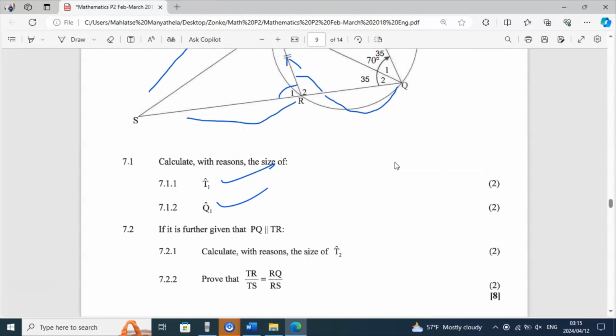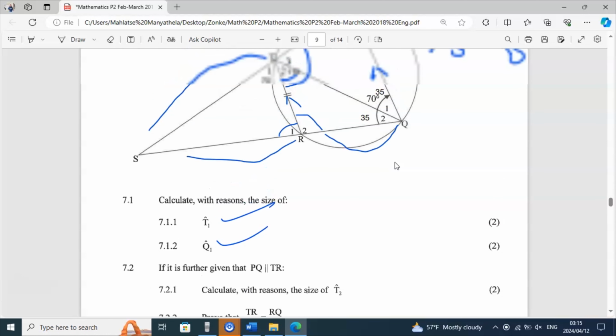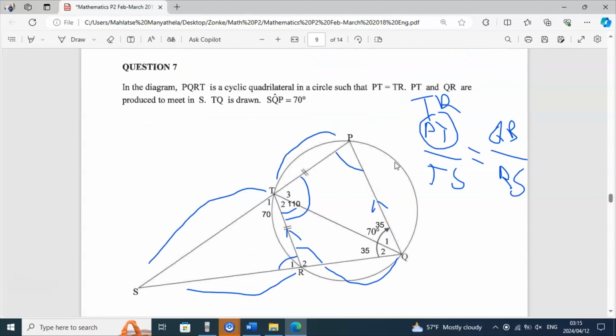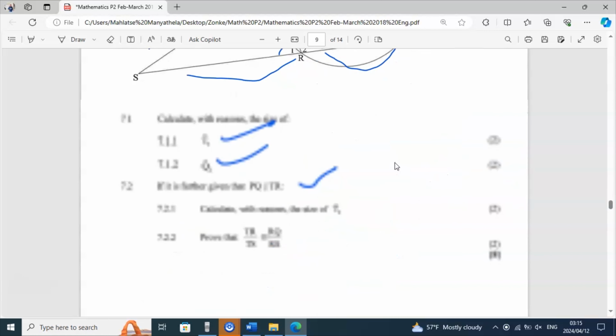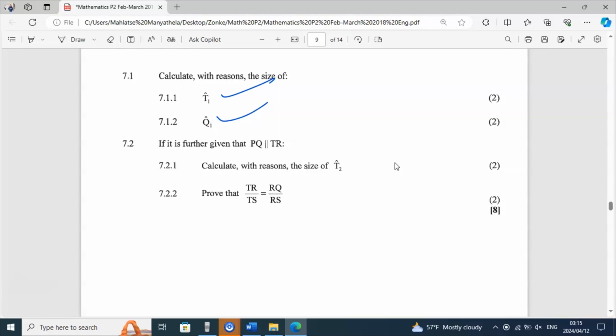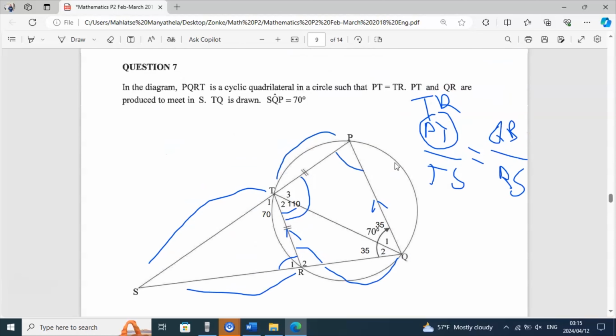So you take that additional statement, you put it into good use on the diagram before you can even say calculate with reasons. Try to see what you can find out of the diagram, looking at the additional information that you